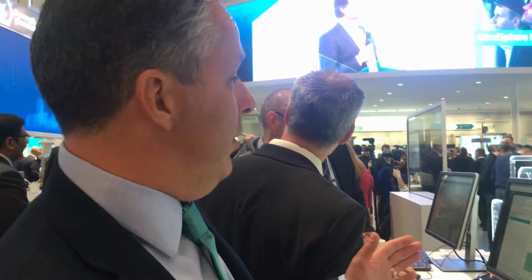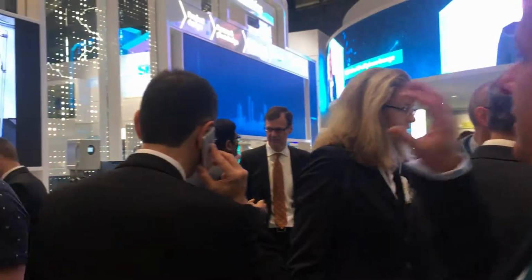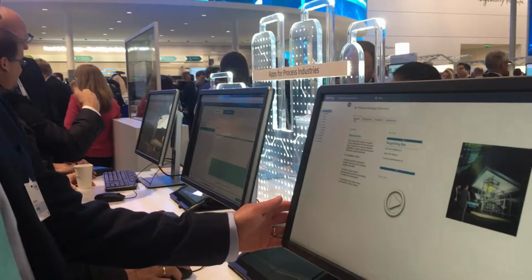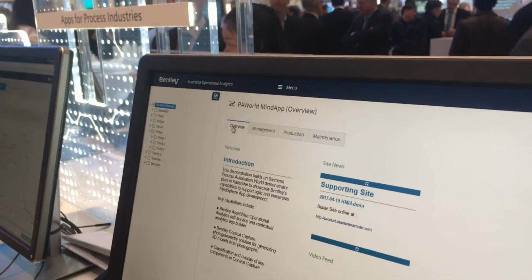We've got our operational analytics MindApp on these desks here, as well as over in the Mindsphere center over there, as well as another representation. So we've got a lot going on here, and if you permit me, I'll just quickly take you through the essence of what we're showing here. If we zoom in a little bit, what we're showing is an operational analytics MindApp